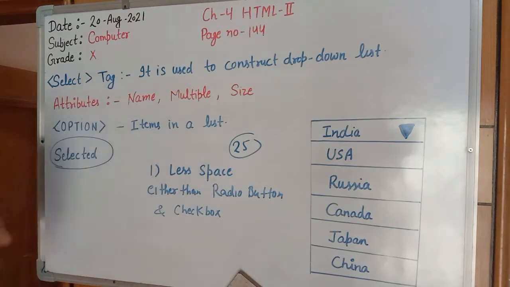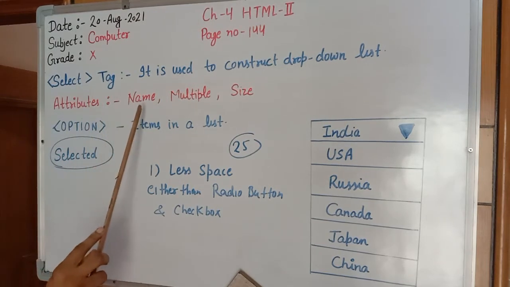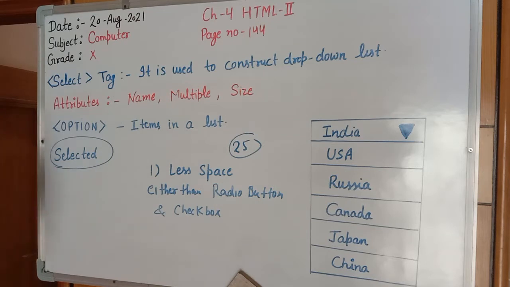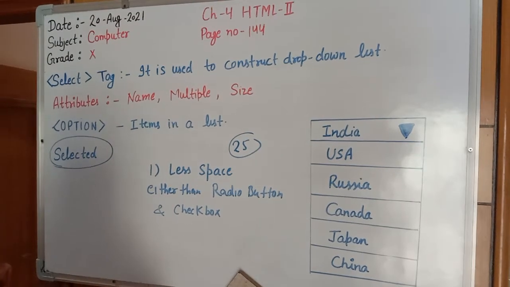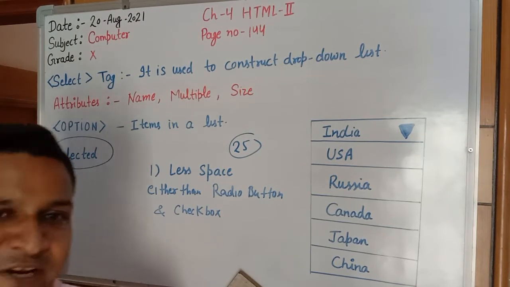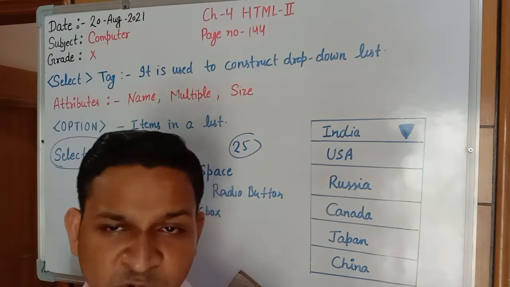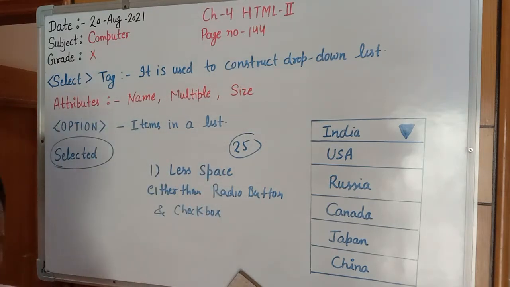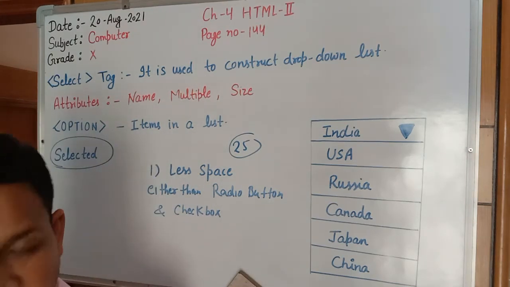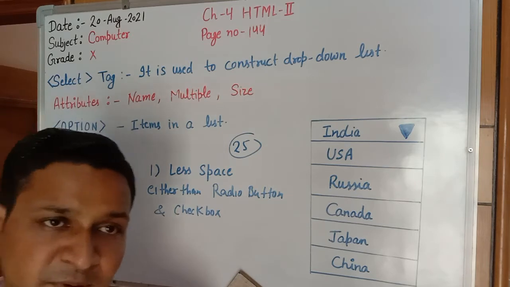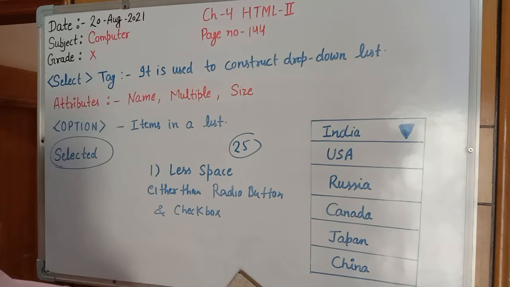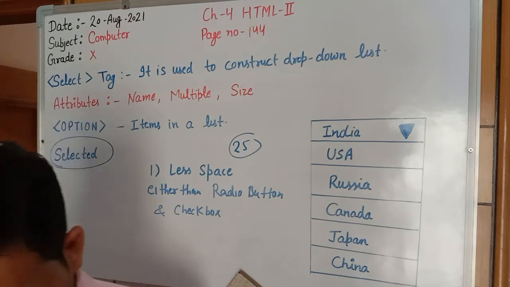The select tag has specific attributes: name, multiple and size. How we can use them, we will discuss in this session. What is the use of name? It specifies the name of the select element, and the name is not displayed on the form area. It is just an attribute for your property, and the name of the select tag is not displayed on a web page. Second, multiple specifies that more than one item can be selected at one time. If this attribute is omitted, only one item can be selected from the list.